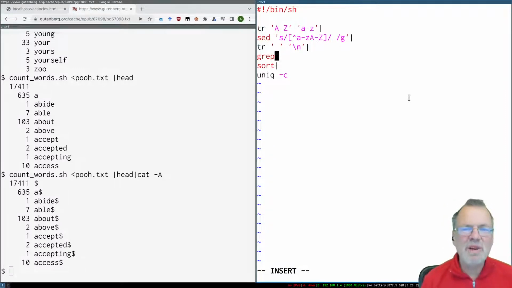Yes, Tim's saying squeeze multiple slash n. Yeah, there are ways to do that, but grep is so lovely, grep is so obvious. How do we say print only